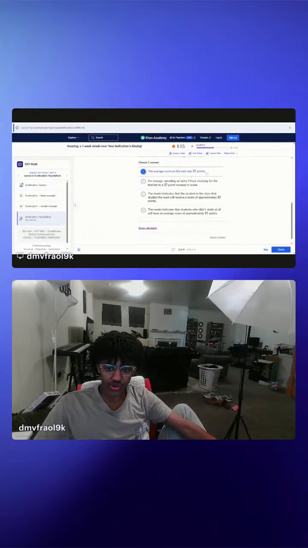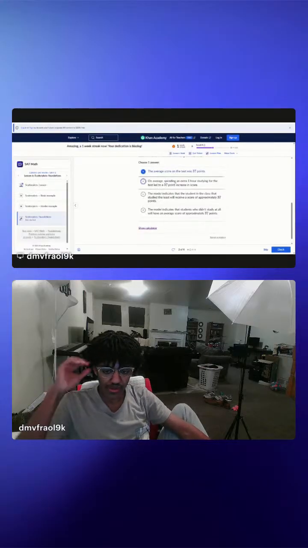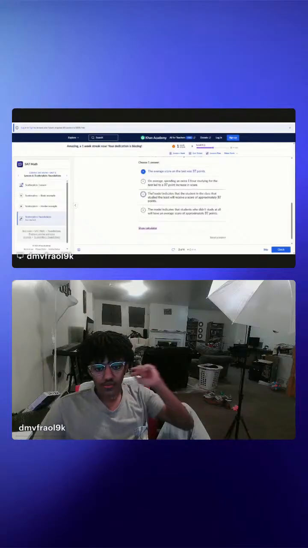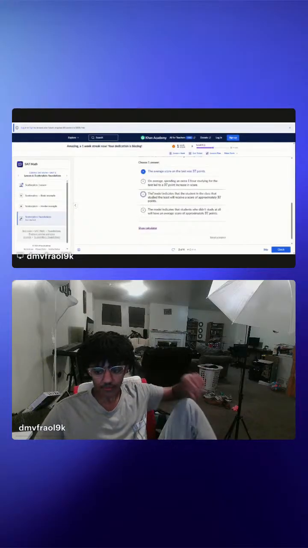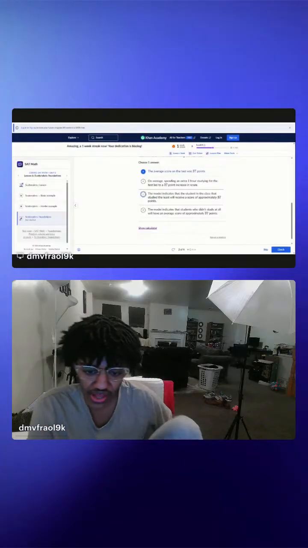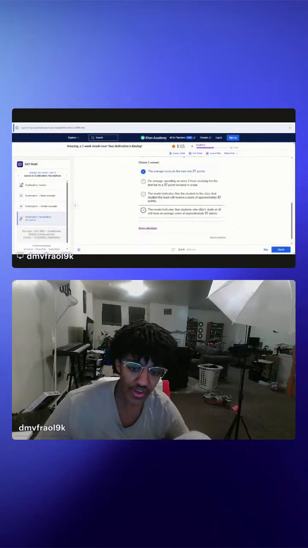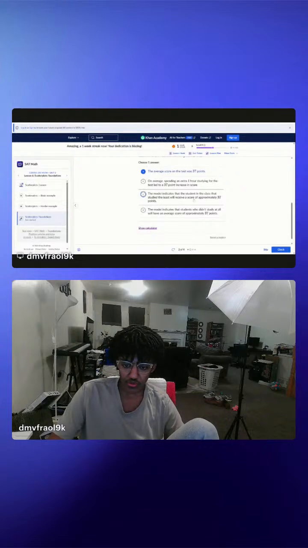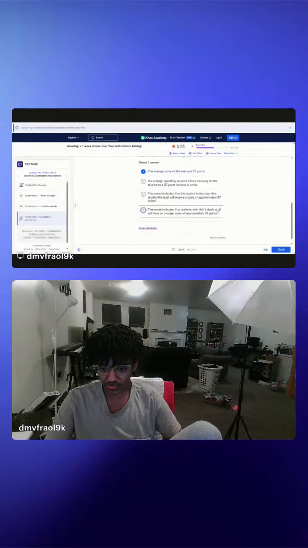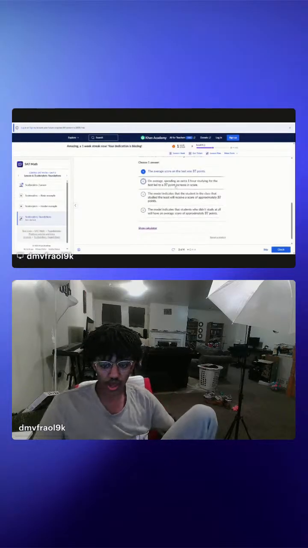The average score was 37 points. On average, spending an extra 1 hour studying for the test led to a 37-point increase in score. The model indicates that the students in class that studied the least will receive 37 points approximately. The model indicates that students who didn't study at all will have the